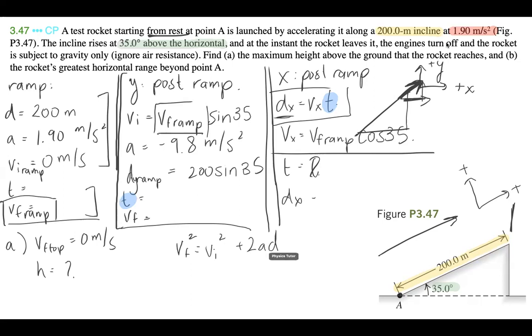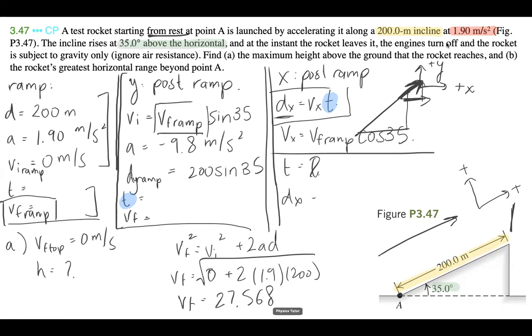And when we plug in our values, we're just going to plug everything in. We get 2 times 0 plus 2 times 1.9 times 200, and then we're going to square root that. We get VF is equal to 27.568. So that's our VF. That's going to be 27.568. And this problem is a little bit tricky, but the reason why I like it is because it includes